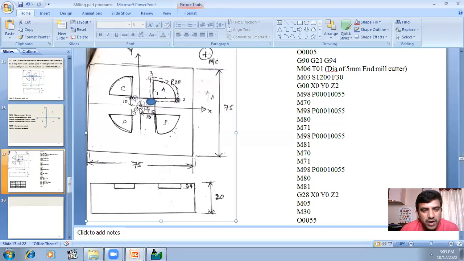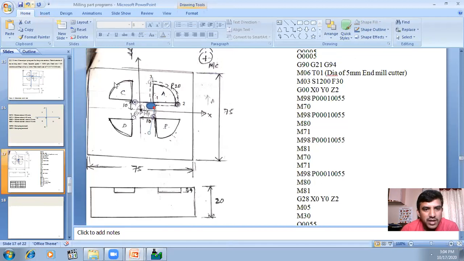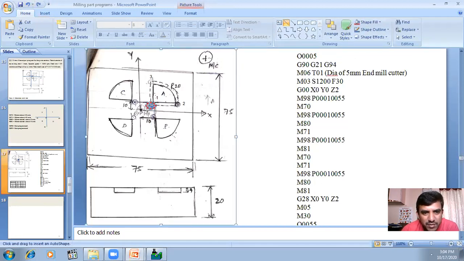Now if you move the tool from the origin to the first location, again we will not consider cutter radius compensation, because you are taking the mirroring option. If you include cutter radius compensation with mirroring, we'll get a different pattern. For that we will not consider cutter radius compensation. Now we'll add and subtract the cutter radius. What's the diameter of the cutter here? 5 mm is given. Now from the origin to the center of the cutting tool, can anyone tell me what will be the x coordinate from the origin to the center of the cutting tool? What will be the x-axis?